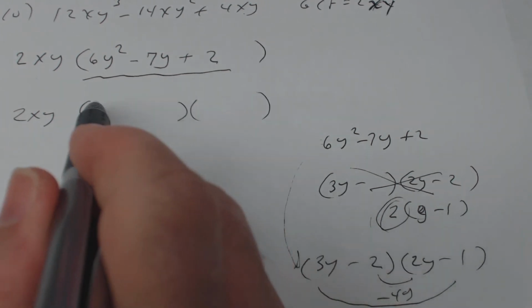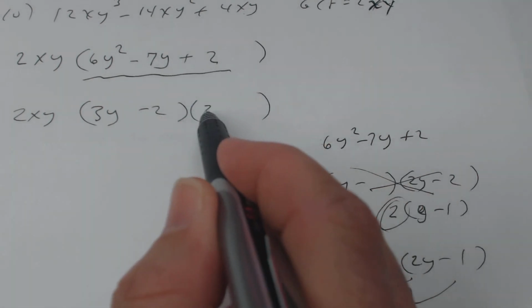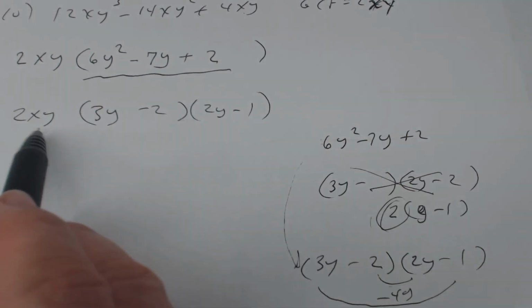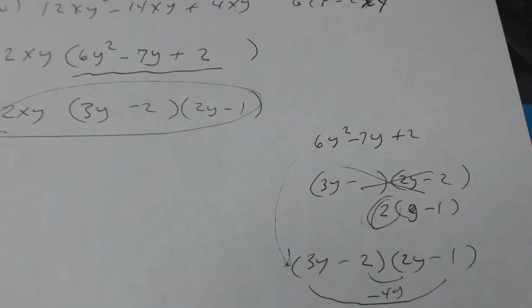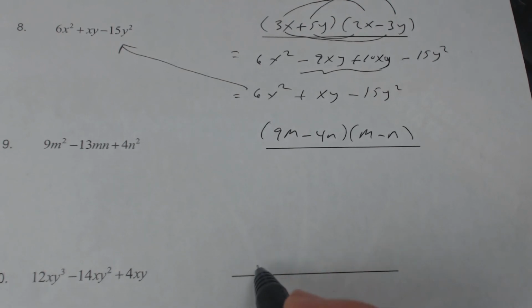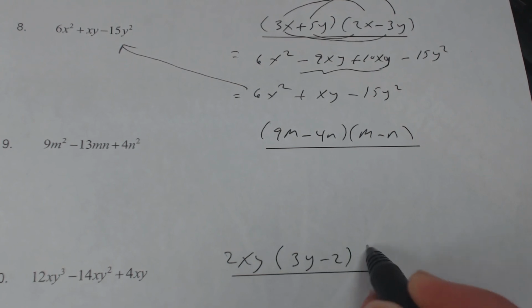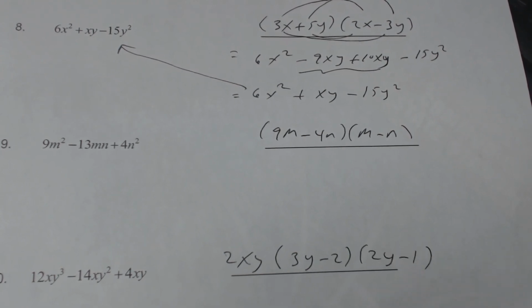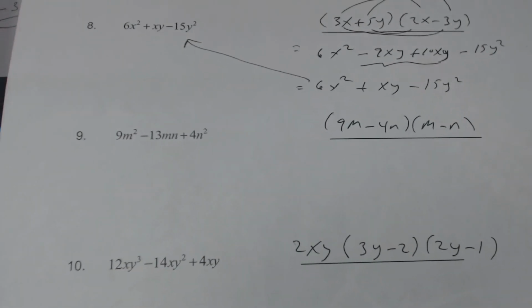So I'm going to get 3y minus 2 times 2y minus 1. And that's the answer for number 10. So number 10, you're going to have 2xy, your GCF, because your GCF is a factor, times 3y minus 2 times 2y minus 1. Okay, so that's the end of this part of the